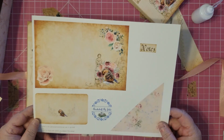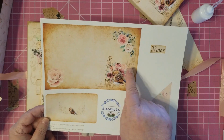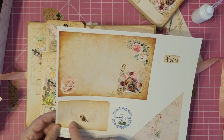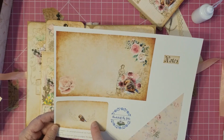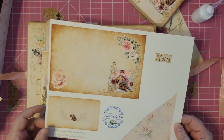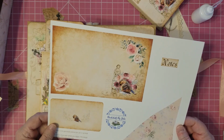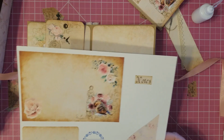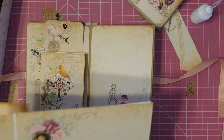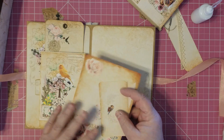This is the new freebie. So this is the little notebook, a little side pocket tuck, and a little other pocket that you can also use for a tag if you'd like. Okay, so I'm not going to cut this out on video because it's just cutting paper, so I have some already cut out. And we're going to make our